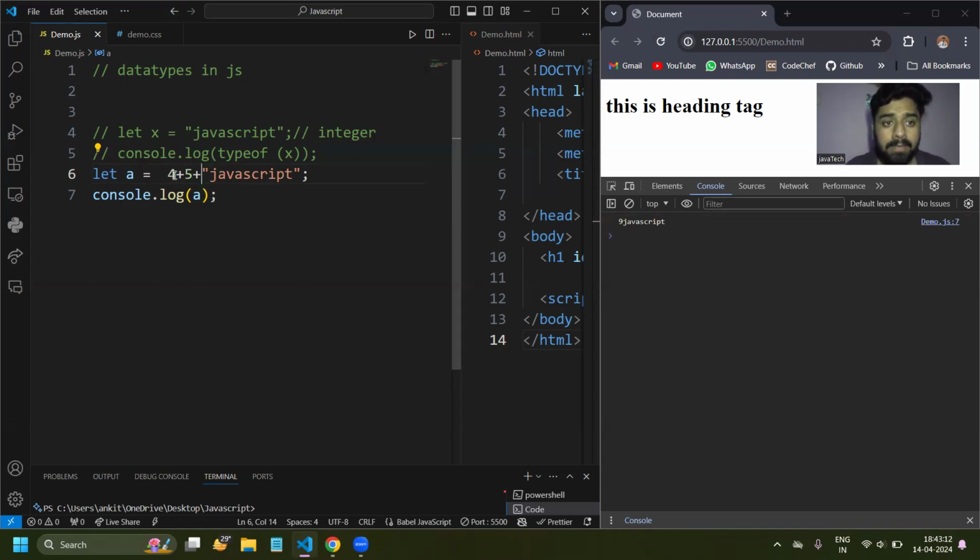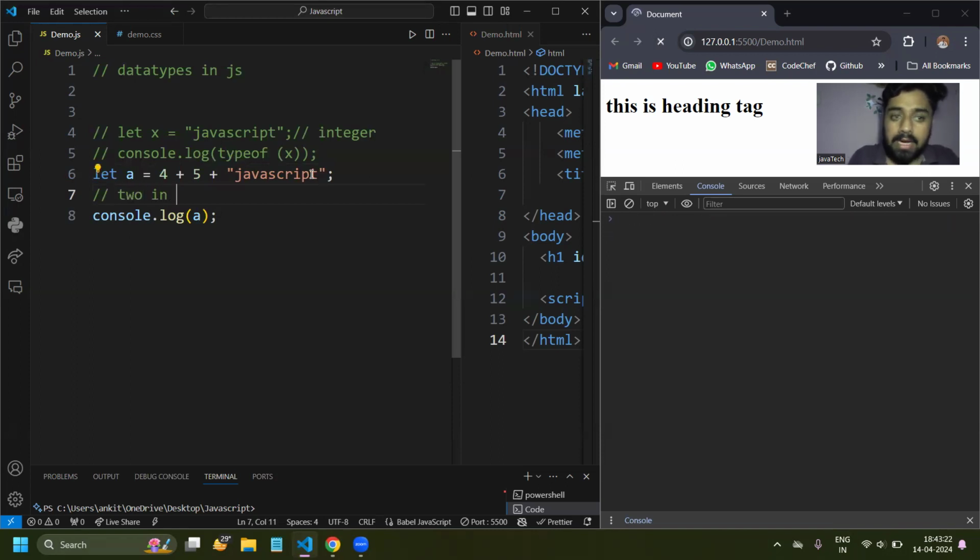In this case, the two integer values come first. The two integer values will be added, and then the added value will be converted to the string type, and then the two strings will be added together. So your compiler first computes 4 plus 5,